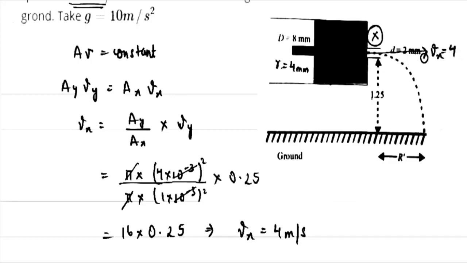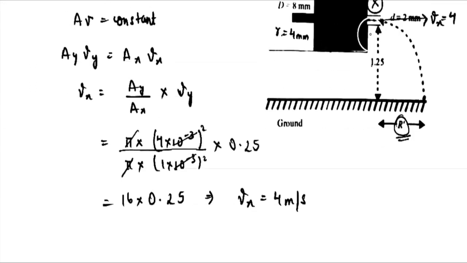Okay, now see further we have to find this horizontal distance r. So the time taken by the water to fall from this point and to reach this point will be same as, see, water will take same time to cover this vertical distance as well as this horizontal distance, right? So let's first of all calculate the time taken by the water to cover this vertical distance, which is 1.25